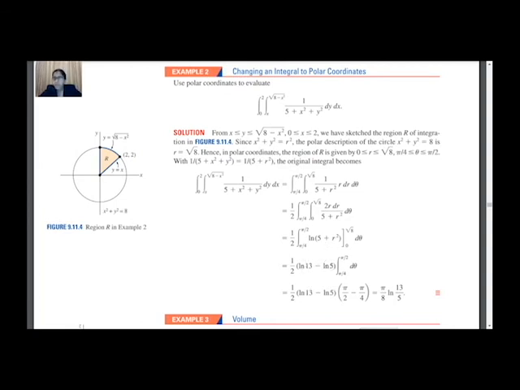So this is a constant, so you can take it out of the integration. The next is integration from pi by 4 to pi by 2 of d theta. So the value is theta, so it will be pi by 2 minus pi by 4, and in the end the answer will be pi by 8 log 13 by 5. So I hope this example is clear to you.